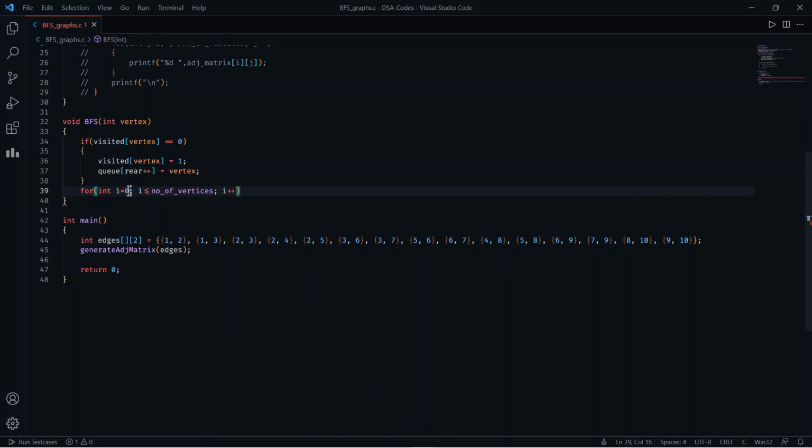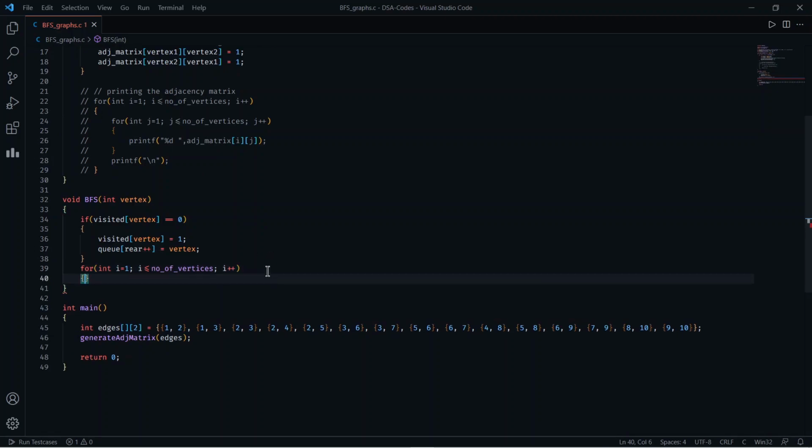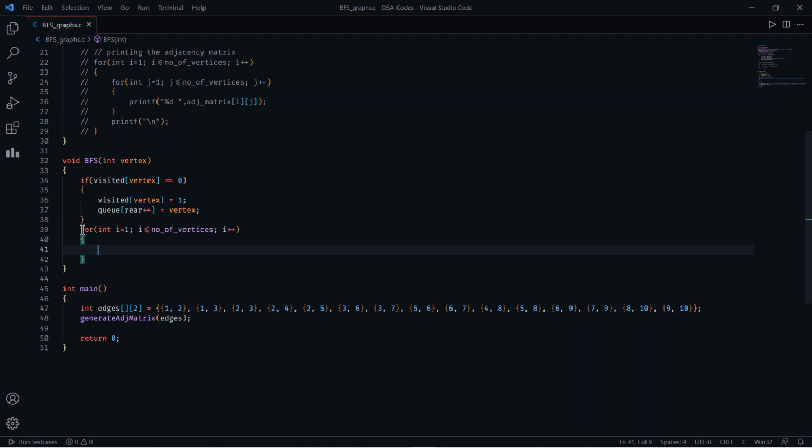And I should write from I is equal to 1 because we are considering the nodes from 1. So here what this for loop does is, this for loop checks that whether this vertex has any edge between any of the node which is present in our graph.